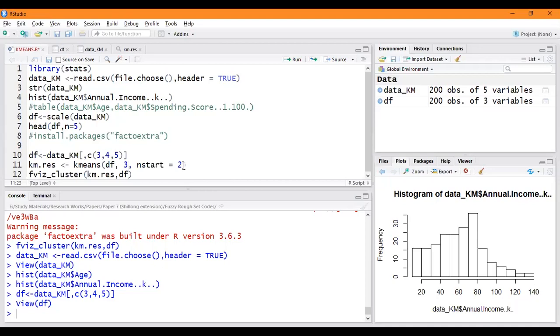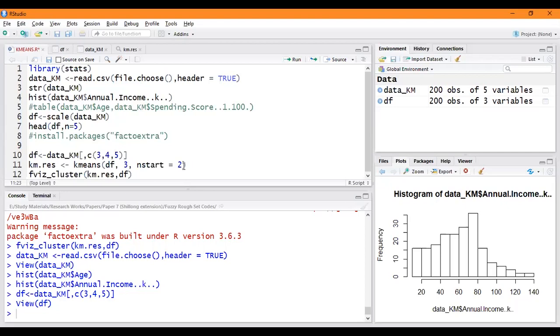Like if you start with three clusters, then three random numbers have to be taken. So will it take the first three numbers, or will it iterate over how many random iterations before settling to the three values of your centroid? Number one. Number two, it is also used while picking a score for one random sample or random entry.